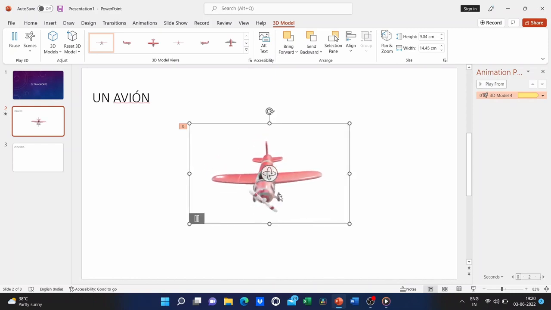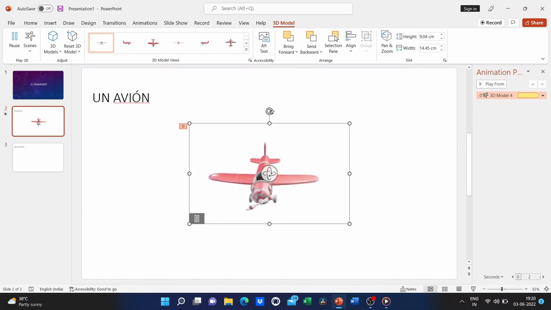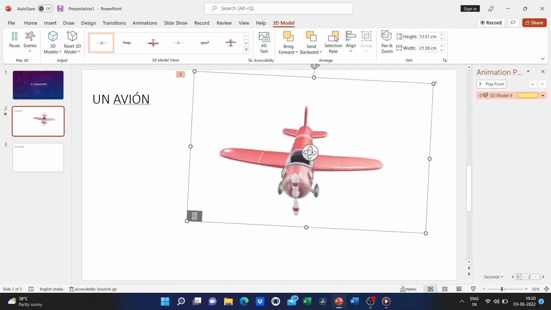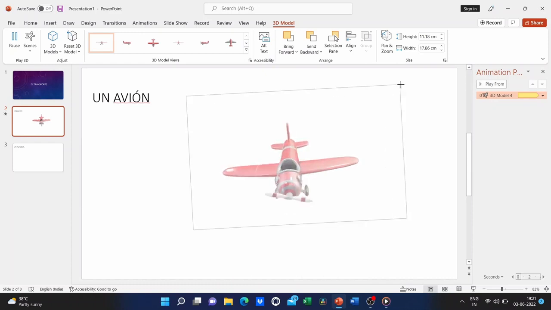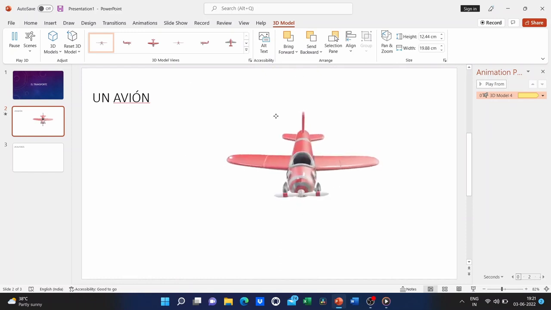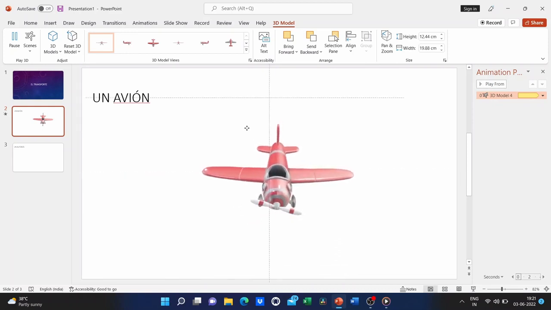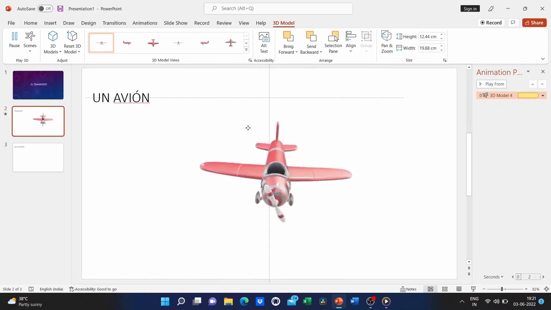Just like you would expect, you can rotate the 3D animation. Just use this circular arrow, just like that. You can also make it bigger and make it smaller using the handles in the corners. I'm gonna keep it about that size there. And I'm gonna drag the airplane to the center of the screen. Notice that just as you do with images, you get a little line, a guide that appears to help you know that it is in the center of the screen. And I'll just drop it right there.